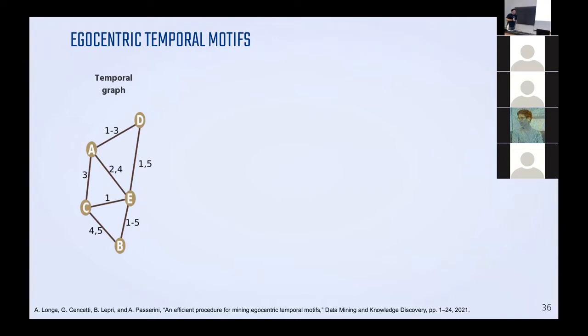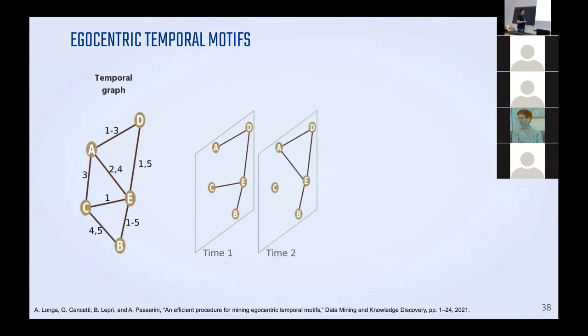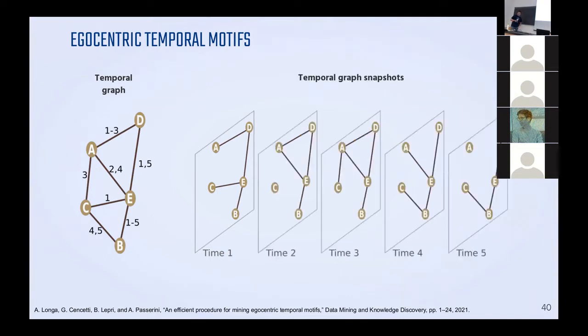Okay, let's start. Suppose we have a temporal graph like this one. So we know that the edge from A to D goes from time 1 to time 3, or this edge from C to A only at time 1. Okay. What we can do is see this temporal graph as an array of static graphs. For instance, we can just take time 1, take the same structure and only those edges that appear in time 1, time 2, time 3, 4, and so on and so forth. In this way, we have an ordered array of